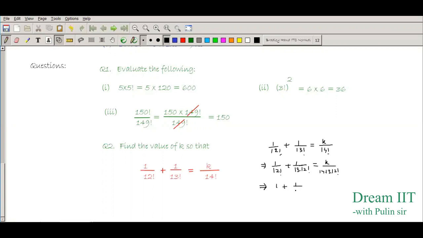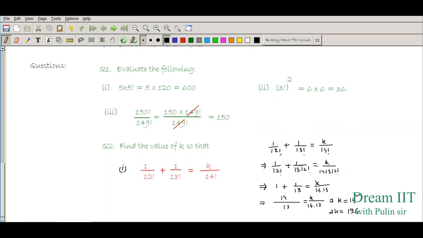So what will be left are these things. This is 14 into 13. No need to multiply 14 into 13. Then you will be getting this as 14 by 13 equal to k by 14 into 13, right? So here you can cancel 13 and 13. So ultimately after cross multiplication, you will be getting 14 square. So what is k equal to? 189. Please see this question. This is not 189. I'm very sorry.